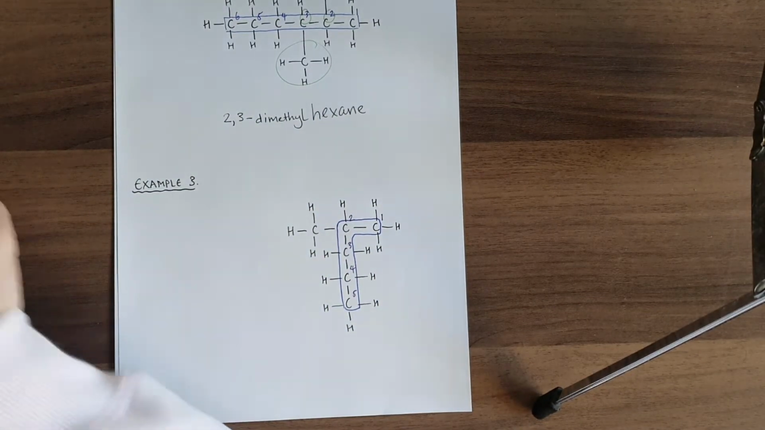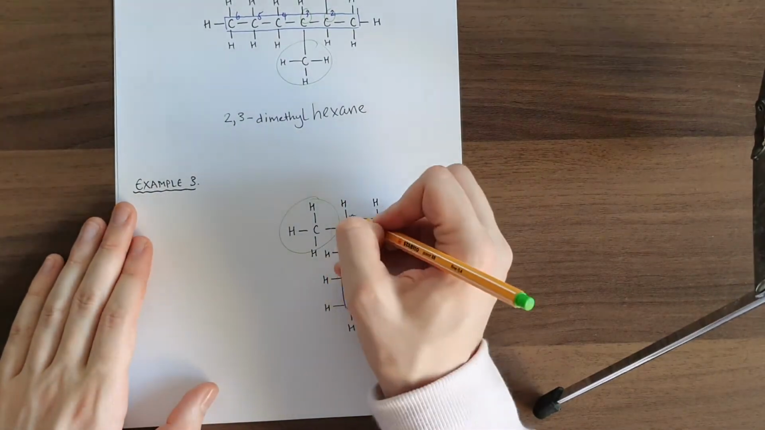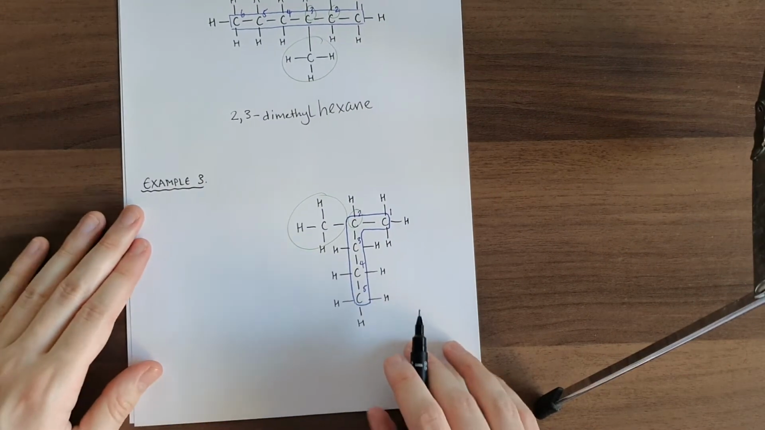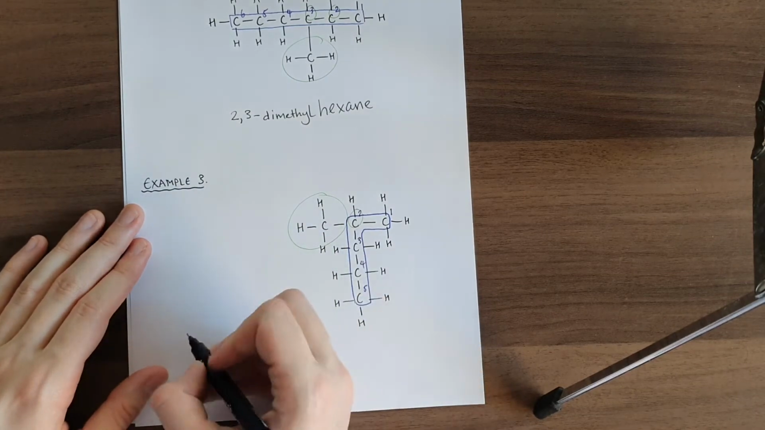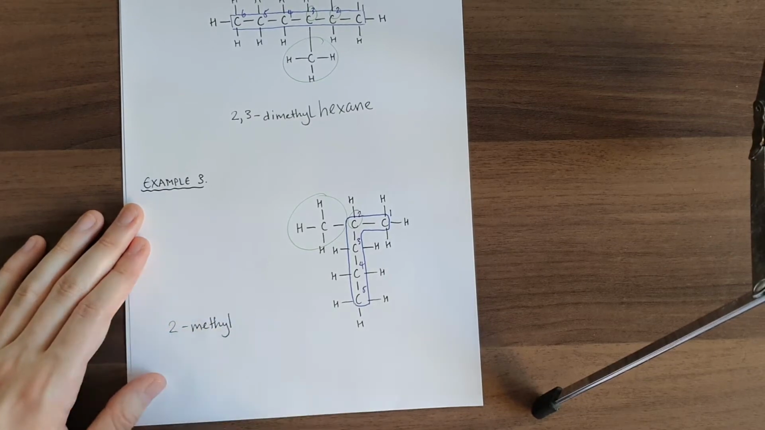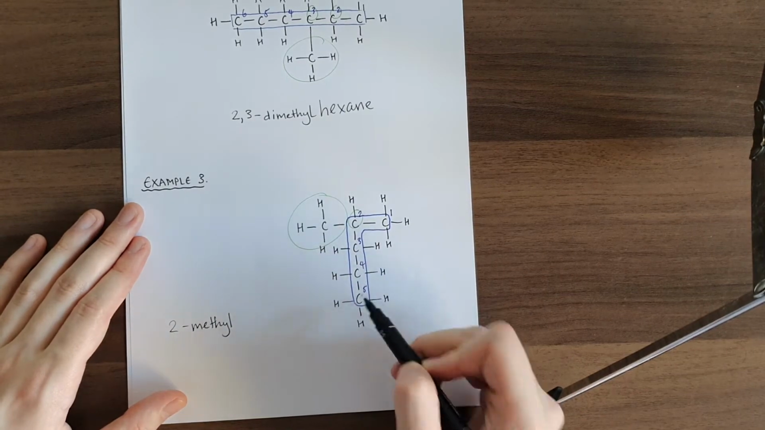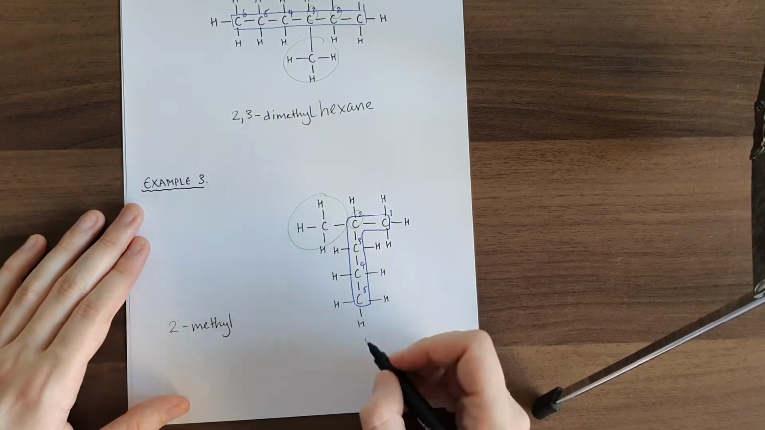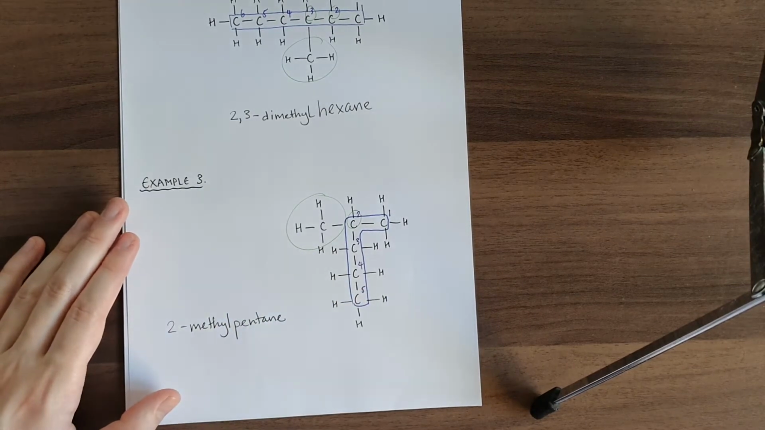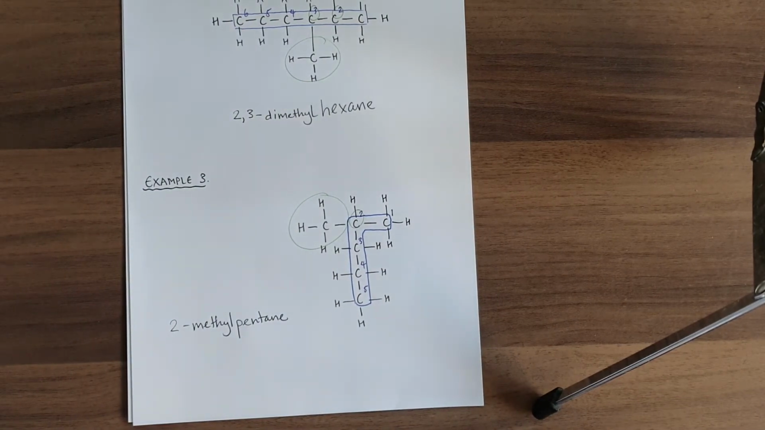And now, the last step, identify and number any branches. Here's a branch right here, and it's on carbon 2. So we know the process by now. We have a methyl branch on carbon 2, so we're going to call this 2-methyl, and it's 1, 2, 3, 4, 5 carbons in the longest chain, and it's an alkane, so it's 2-methyl pentane. And the reason why I've chosen this example is because if we think back to the previous video,